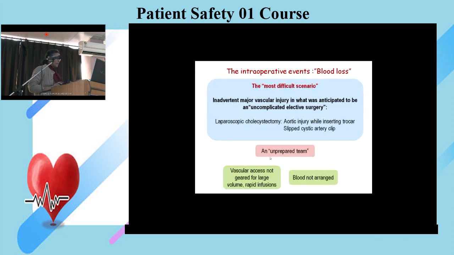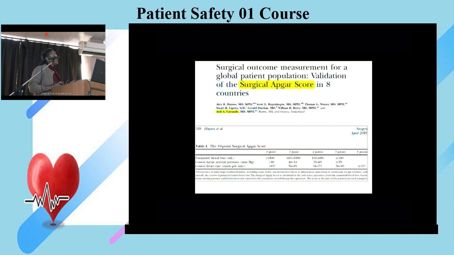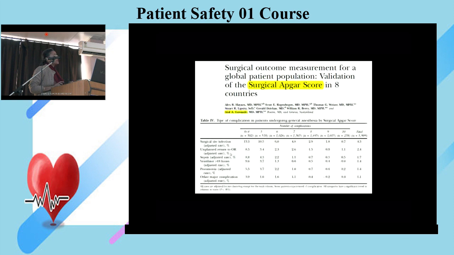And this was a study which was published in the year 2011 in Surgery. It was conducted under WHO's campaign of Safe Surgery Saves Life, and Dr. Gavande was a corresponding author. It says that an estimated blood loss of more than a liter, a lowest mean arterial pressure of less than 40, and lowest heart rate of more than 85. This is a study of adults only. It correlated with increased incidence of surgical site infections, unplanned re-explorations, sepsis, need for ventilatory care more than 48 hours,